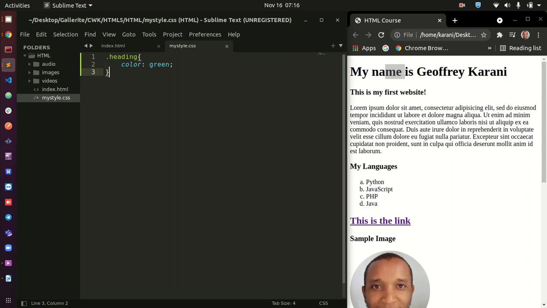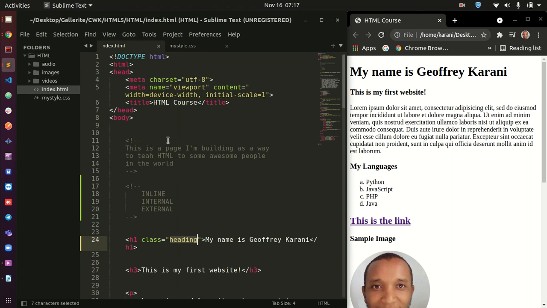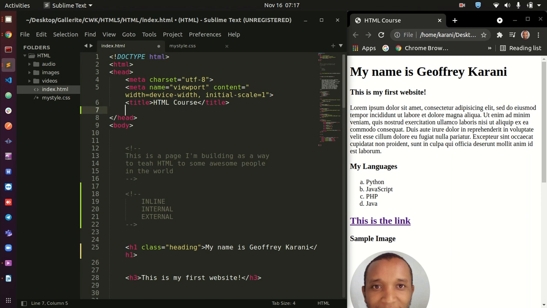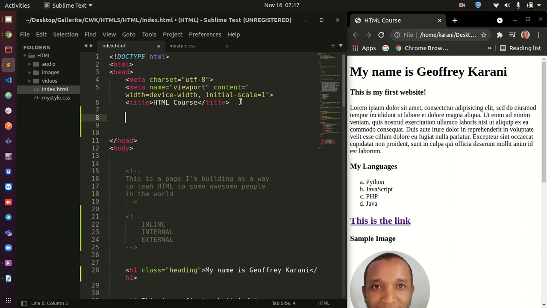So how will our document know that this file is here? Because if you refresh this now, this doesn't change. So we need to tell our document here that there is a file with the styles outside that you need to consume and apply. So here we are going to do something like this. Link, we are going to call a link, and then we are going to give it a rel, which is short for relationship, and then we say the link layer is stylesheet. All right, it's a stylesheet, and then the type of this is going to be text slash CSS.